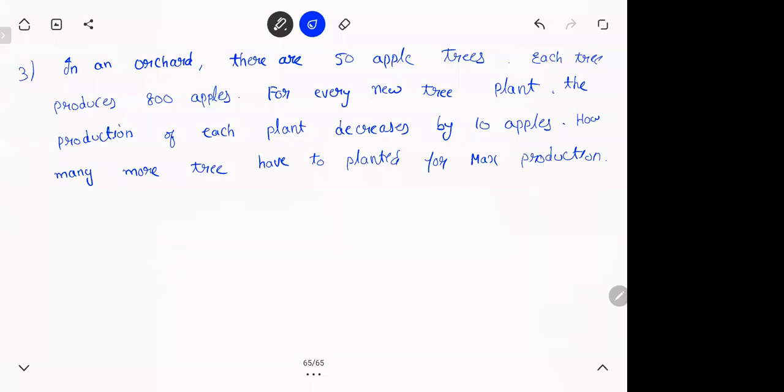Read it, think about it. I'll give you 2 to 3 minutes, then I'll show you. It is always important you try first. It's okay if you don't get the answer, but you try it now. That is important. Because when you try on your own, right, some ideas will be developed.